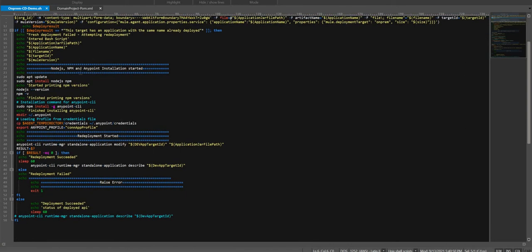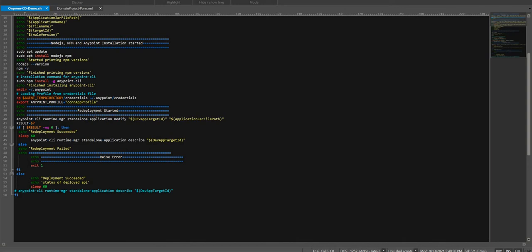For redeployment, we will have to again install npm and Anypoint CLI. So we are installing all those, like in the Cloud bash script, importing the credentials, creating the appropriate home directories, and exporting the profile.